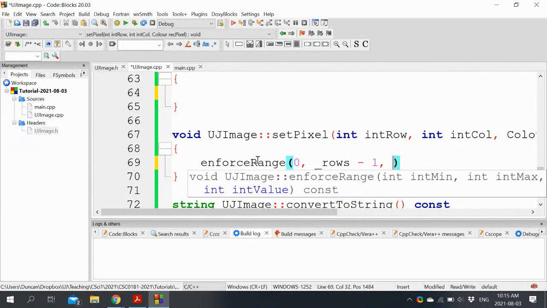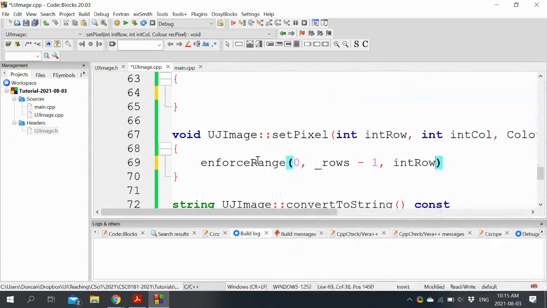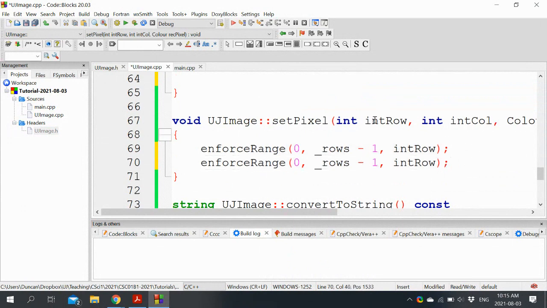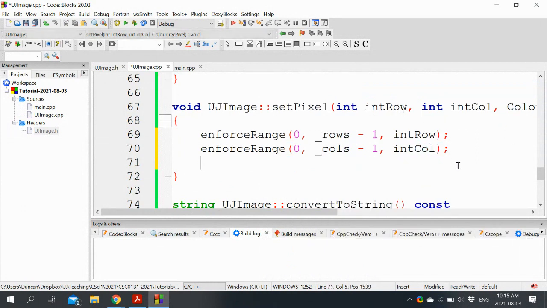Yeah, definitely did it the other way around the last time. It looks weird this way. But anyway, rows and column. Now we know that it's safe to touch the array.